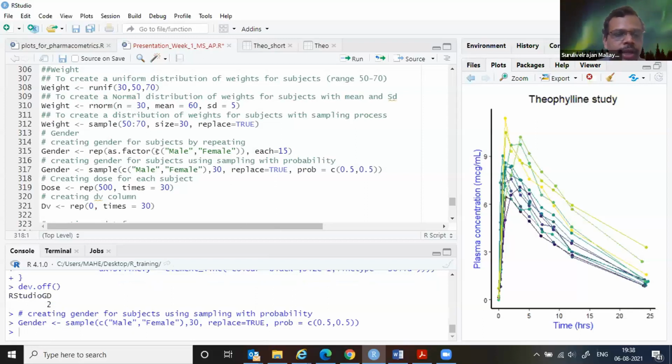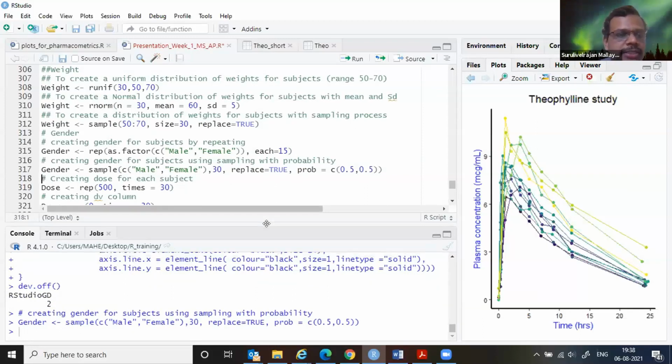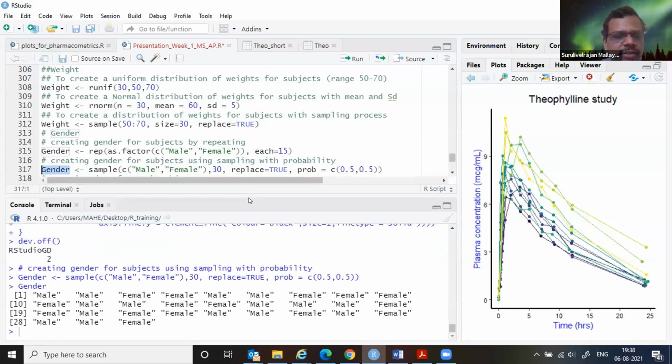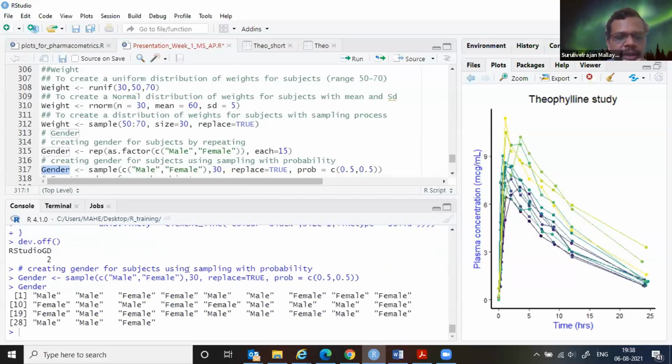Gender. Okay, now the gender has been created. What happened in this gender? That particular data vector. Now you have a vector. It says male, female are randomly picked, and it adds up to 30. Now your interest is in one particular group, maybe you wanted more males.